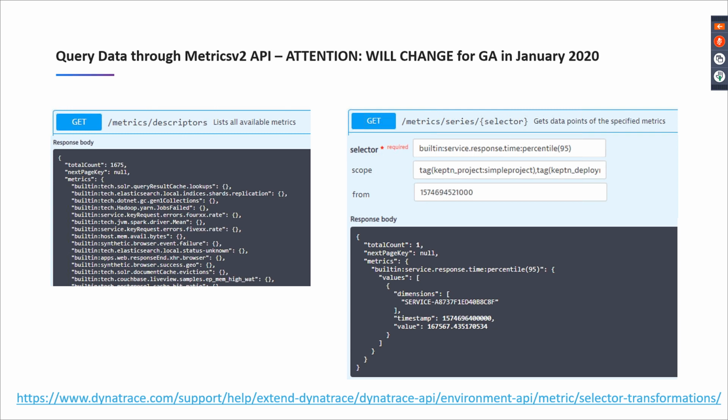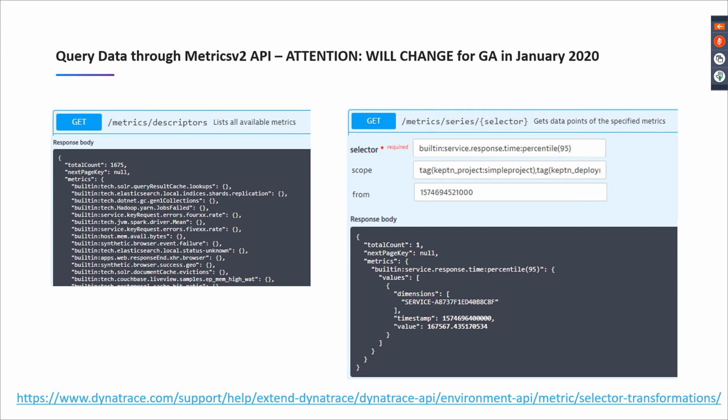Here, a slight heads up. There was a lot of feedback that came in on the current version, and there will be a final change on that GET API that is targeted for January 2020. What I can encourage you to do though is please make sure to check out what's possible, because this query API, this metrics API is extremely powerful, because you can do a lot of cool things about retrieving multiple metrics,